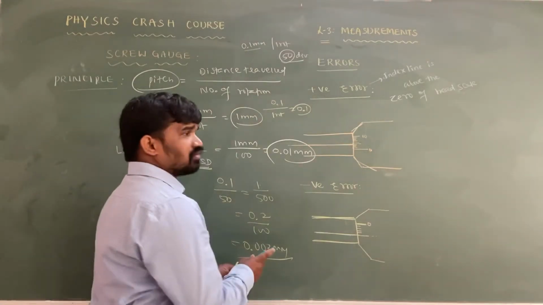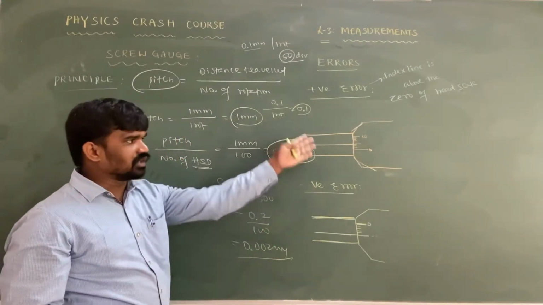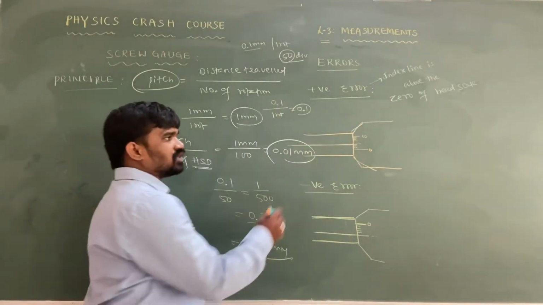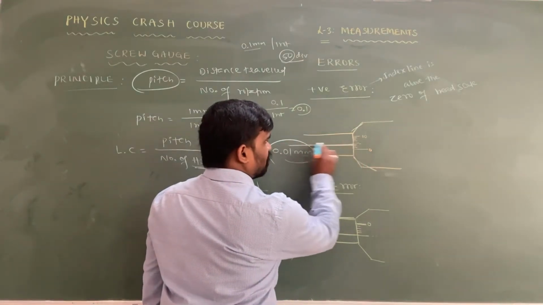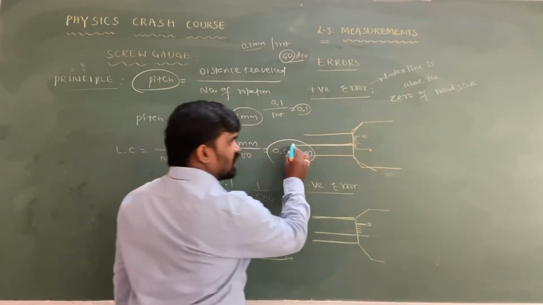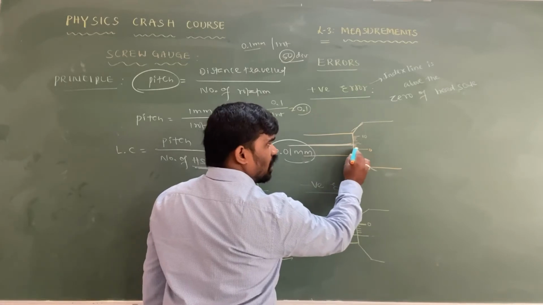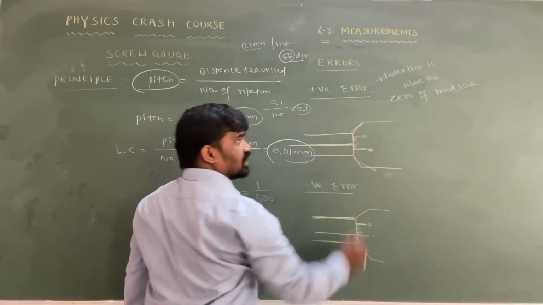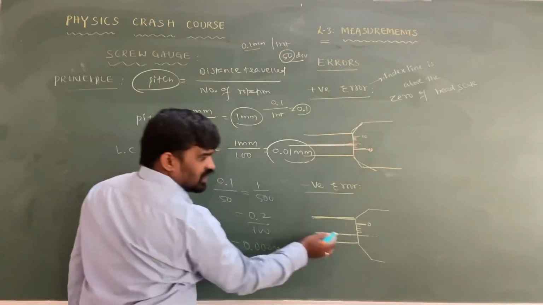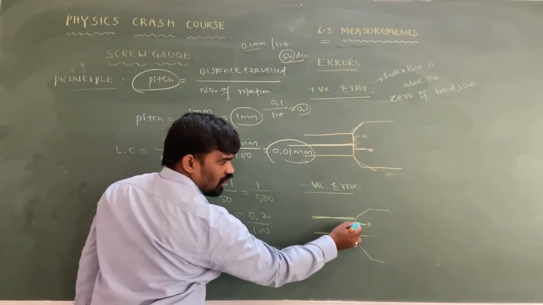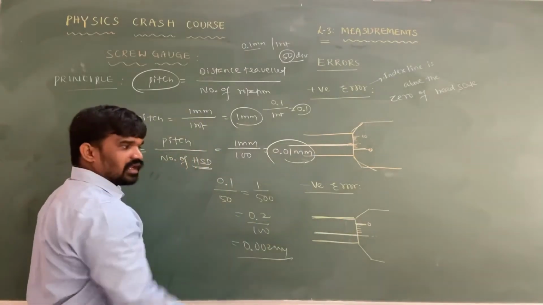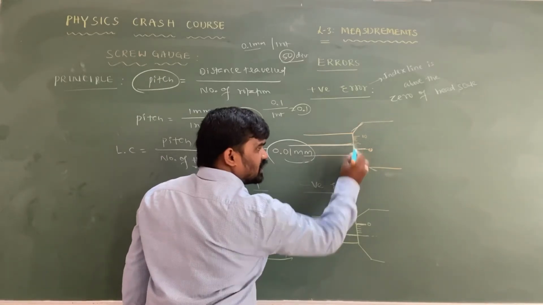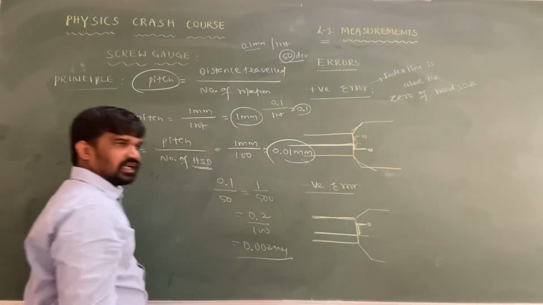At the same time, even in a screw gauge there is a possibility of getting error. There is a positive error and a negative error. For positive error, consider the index line, the reference line. If the index line is above the zero of the head scale division, then the error is called a positive error. If the index line is below the zero of the head scale division, then the error is known as a negative error. The gap between the index line and the zero is taken as the error.